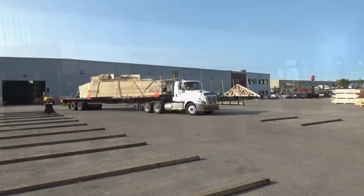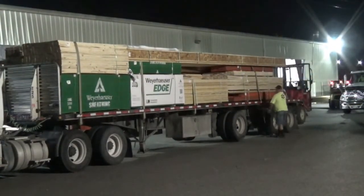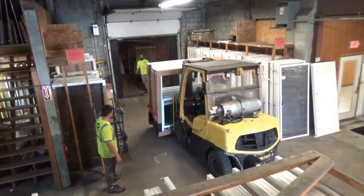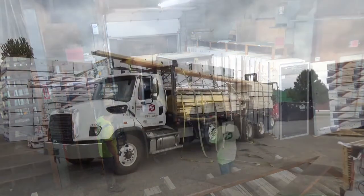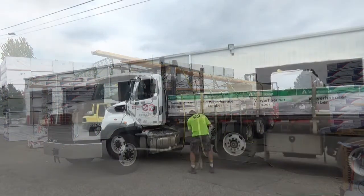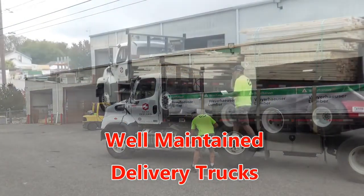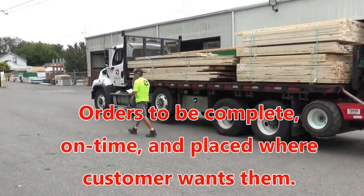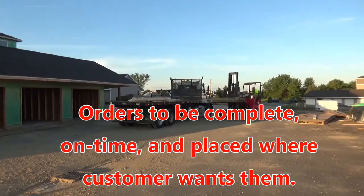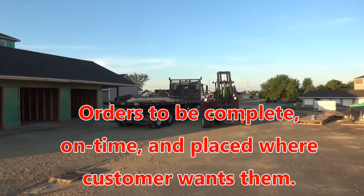Zeeland Lumber and Supply Company is in the business of delivering many products to our customers, delivering lumber, trusses, and wall panels, delivering doors, windows, and trim, delivering a lot of building materials to our customers. There are several components to our delivery service that receive our strong attention. Having a fleet of well-maintained delivery trucks, making sure the orders we ship are complete, doing everything we can to